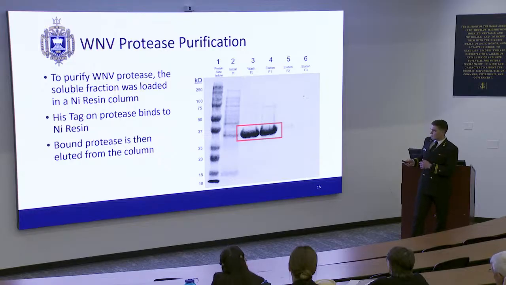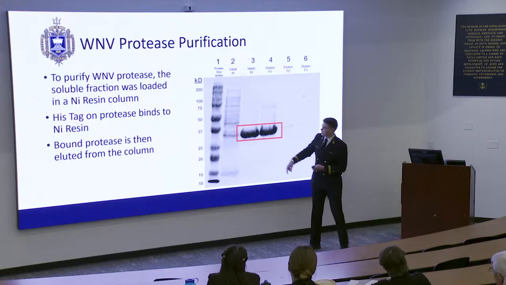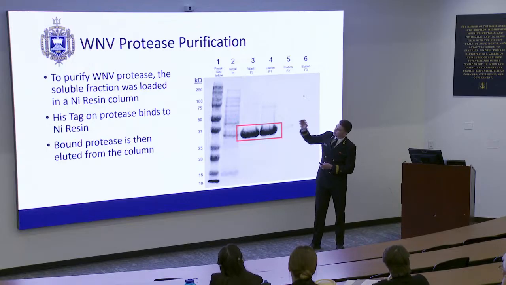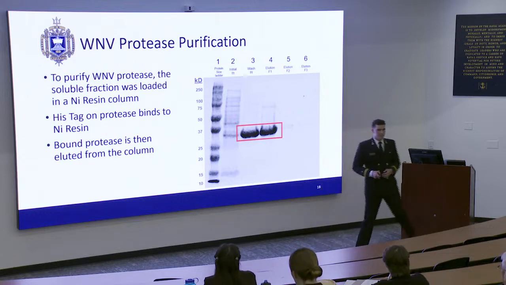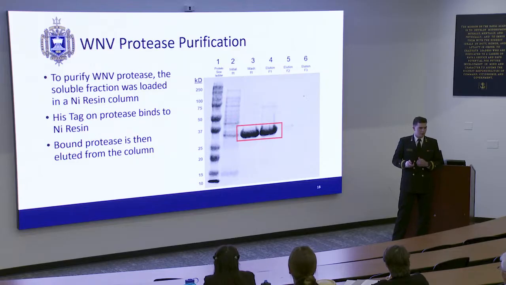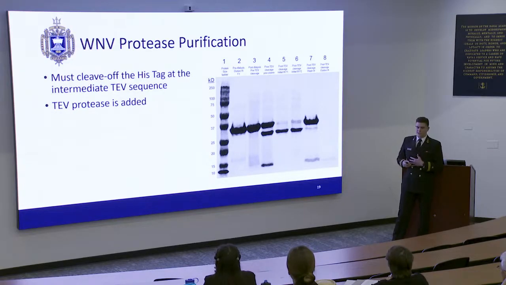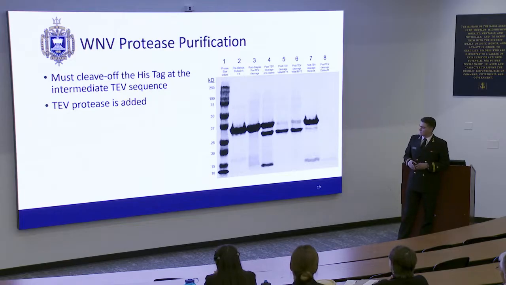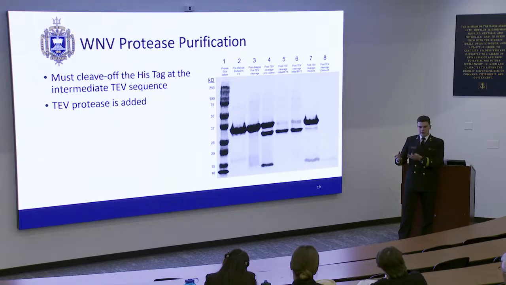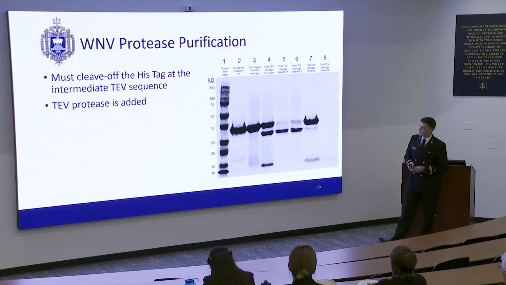And we were able to see that we had a lot of proteins initially, and then we performed this purification using the nickel resin column, and we had a very concentrated presence of the West Nile virus protease that we were trying to purify. But this West Nile virus protease that we purified had a his tag, and the West Nile virus protease produced by West Nile virus that potentially attacks AdGrat2 doesn't have that in the real world. So we needed to get rid of that his tag if we're going to have an active viral protease for these investigations to determine if cleavage takes place.